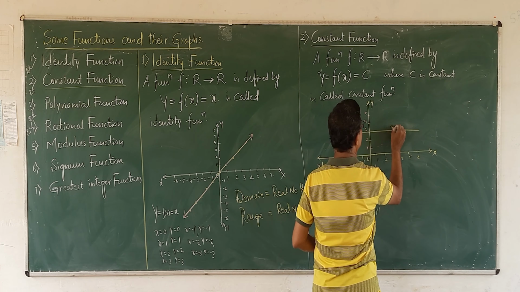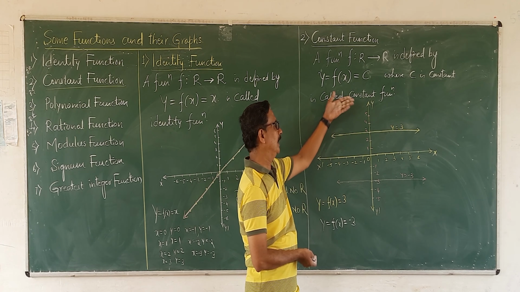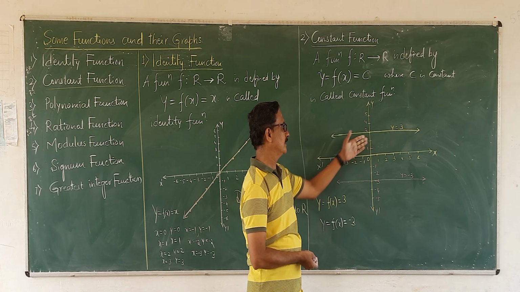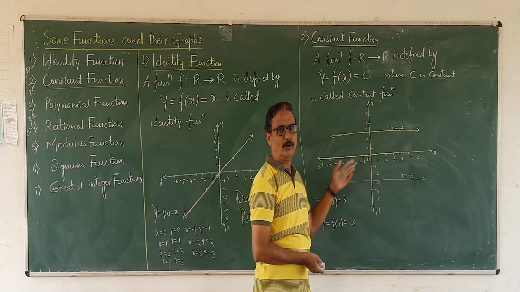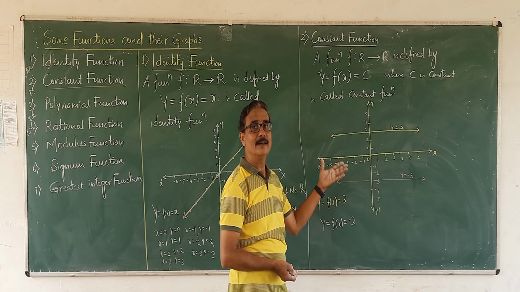Suppose you take y is equal to f of x, where f of x value is minus 5, or if you take minus 3. If you take minus 3, where does it come? It does not come here, go downward. This is y is equal to minus 3. This is a constant function. Either take y is equal to plus 3 or y is equal to minus 3. Or if you take y is equal to f of x equal to 2, it comes here. Or if you take y is equal to f of x, that is minus 2, here. This is known as a constant function.